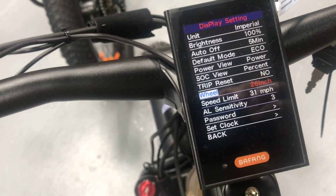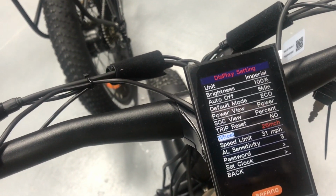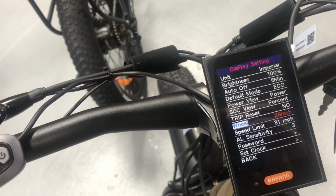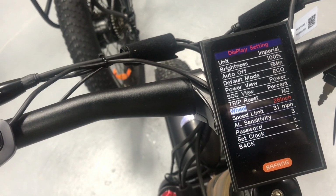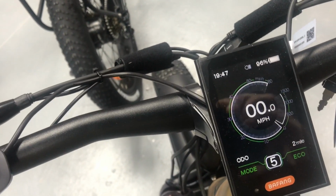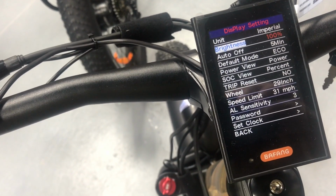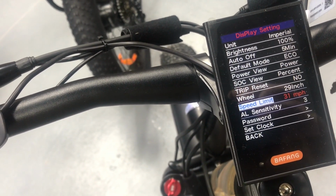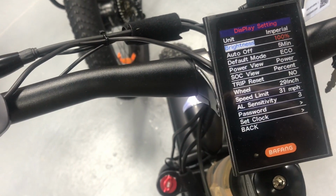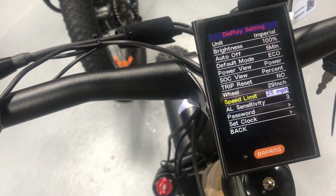Now, one of the things I want to tell you about is the good thing about the RECON Ranger is you are able to change your speed and or your wattage of the bike. Right now, this has a 1,000-watt motor, and we have it set for 31 miles an hour. But if for some reason you wanted to put a governor on this and set the max speed to 20 miles an hour, you can go down here and click on, whoops, apologize. Go down to speed limit, select that,